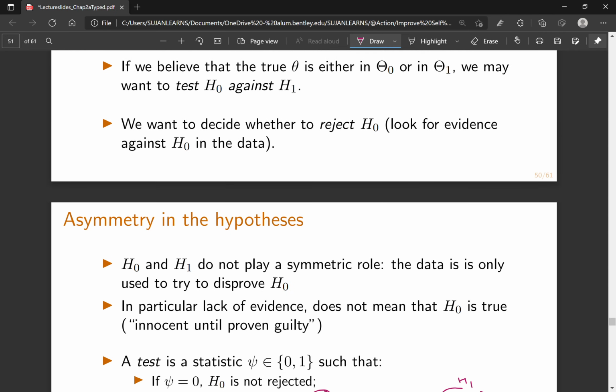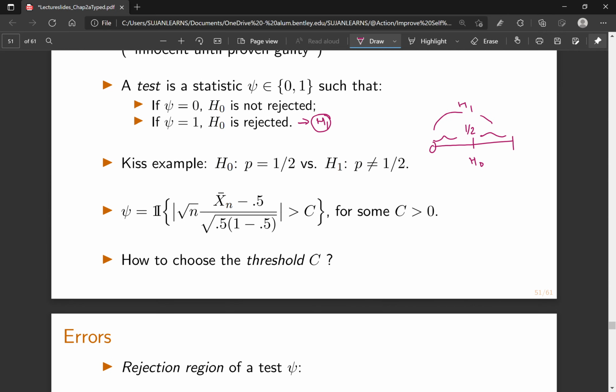That means it is saying that if X bar n is greater than half, then it should return positive, it should return 1. But do we need some margin of error in this? Yes, we do,